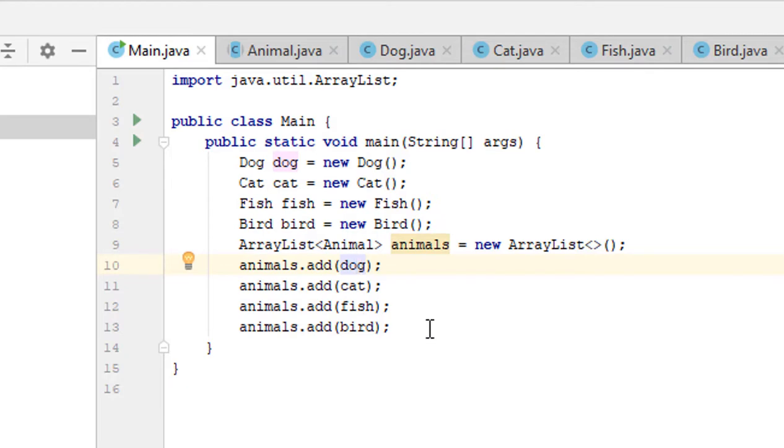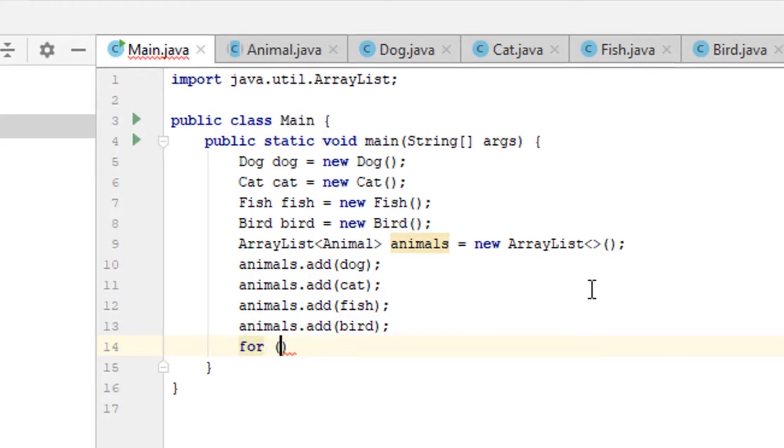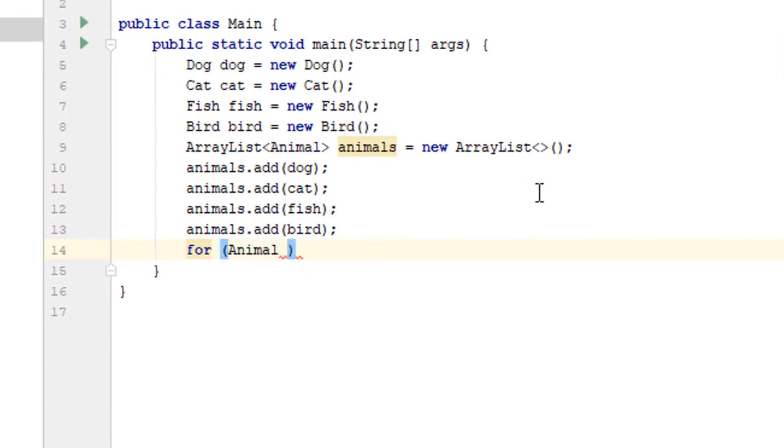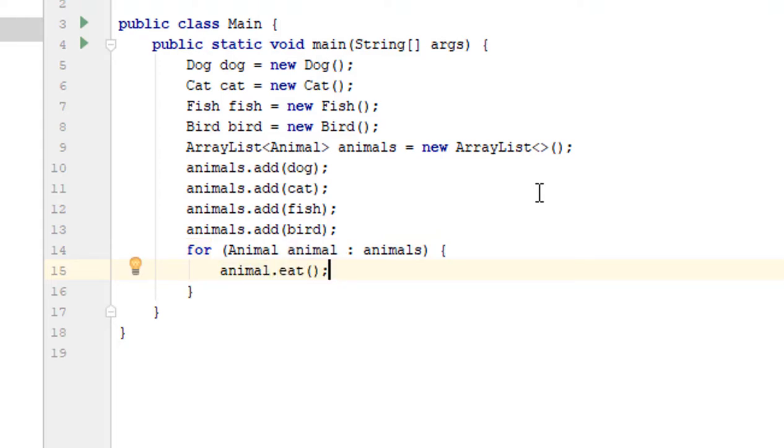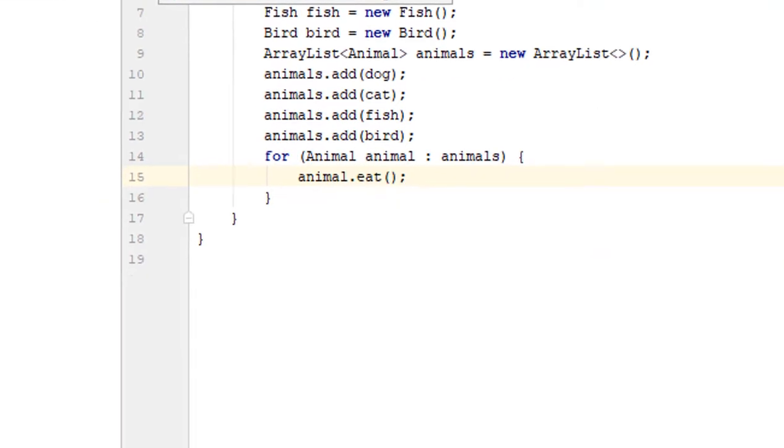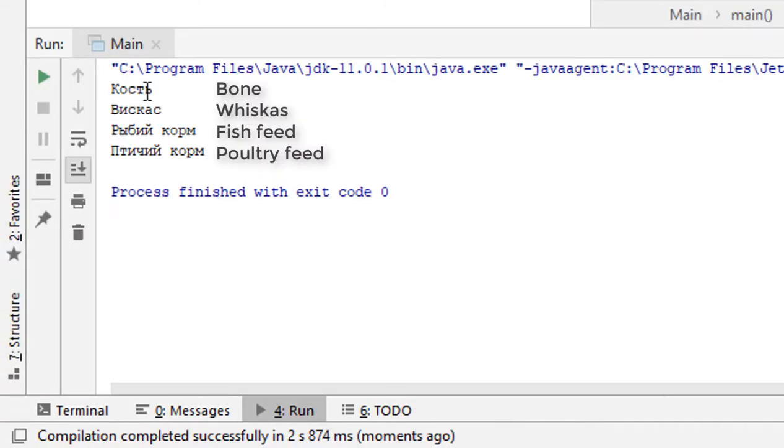Let's now create a for each loop which will make every animal eat. Write for. The type is animal. This is an array of animals, so we will call the variable animal too. And now we will call the method eat for our animal. Run the program. You can see that every animal eats what it is given: a bone, some Whiskas, fish feed,